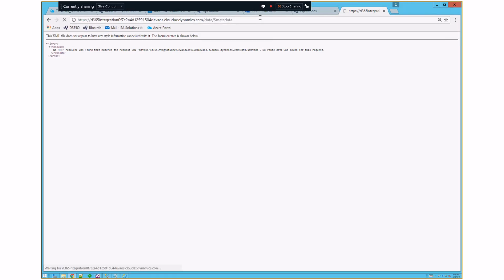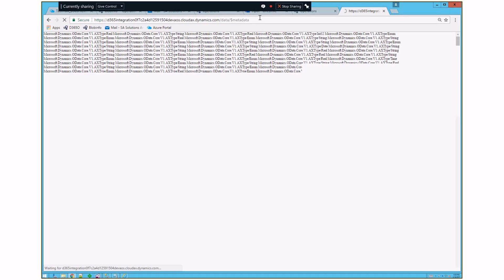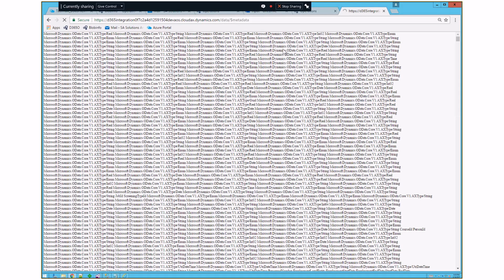I misspelled it, my bad. Let's try again. It's just going to take a couple of seconds to load completely. It's still loading here. So as you can see, the data that it's going to collect is going to be in XML